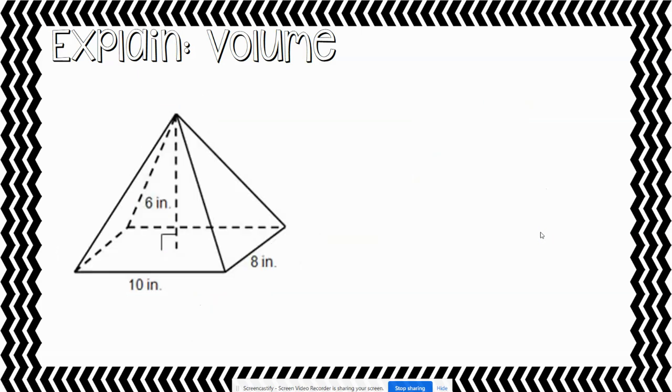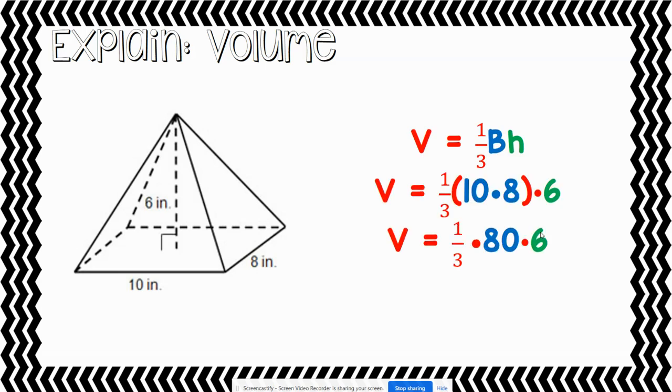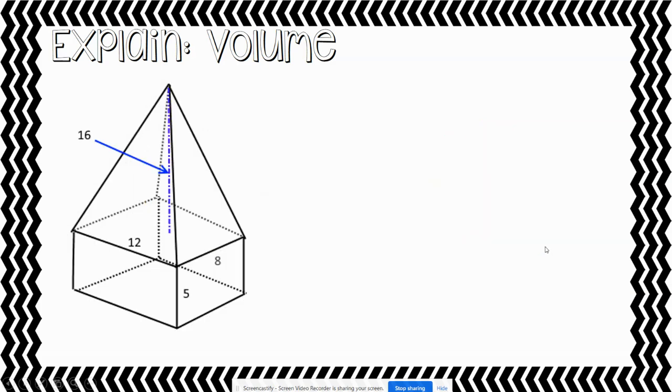All right, now this is a pyramid, and actually we are not going to do pyramids, so we're going to skip this problem. So if you did it, this is what you would get, because with a pyramid, it's like a cone compared to a cylinder, so it's a third of the volume. You would do the exact same thing, and then just divide by 3. All right, so again, we won't do this one because this one has a pyramid. So let's move